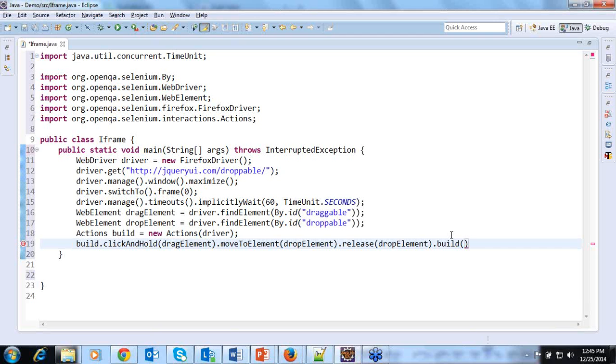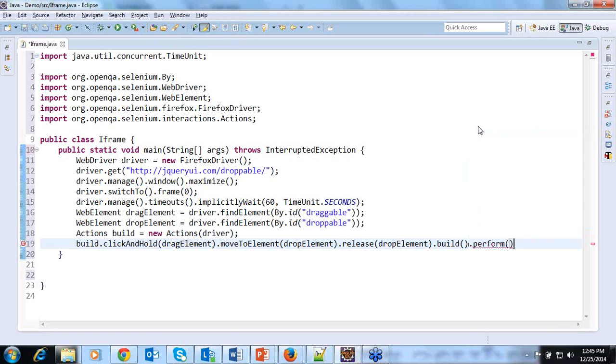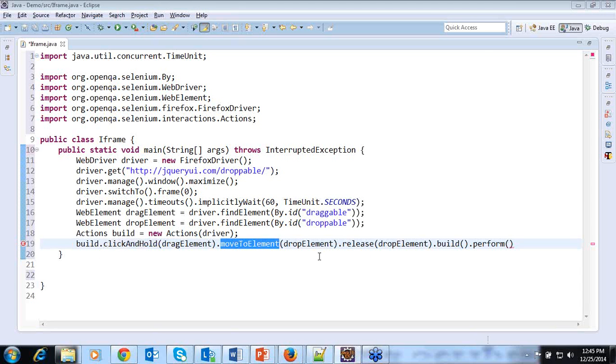Those actions are already given here, and at the end you have to inform the statement what it has to perform. To do that there is a method called perform. So if you use build.perform, it will do the actions which we have explained before here, that is click and hold, move to, then release.